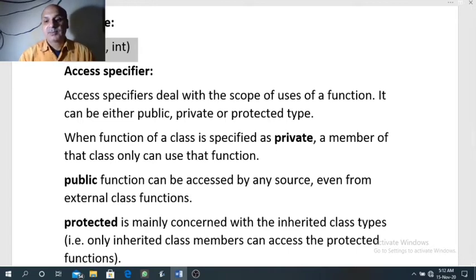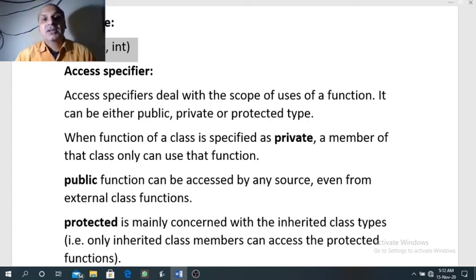Protected. Protected is mainly concerned with the inherited class types. That is, only inherited class members can access the protected functions. Inheritance you have already studied. When the object of a class occupies the properties of the object of another class, it is known as inheritance.